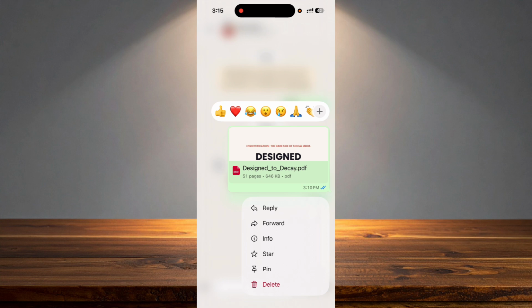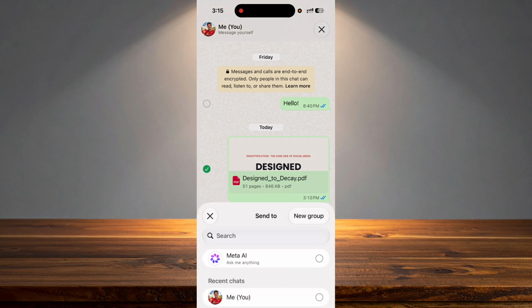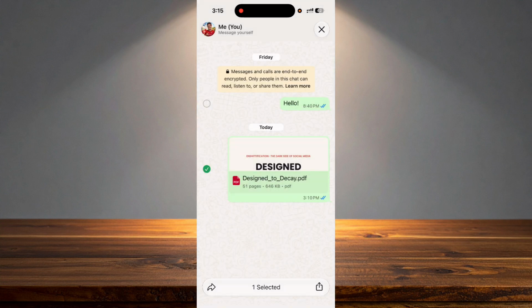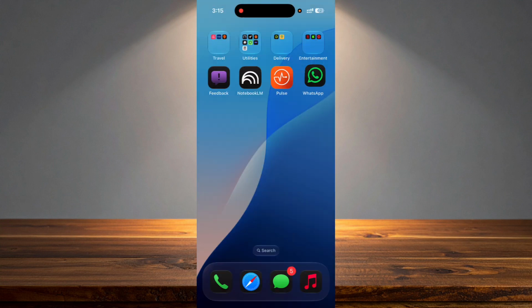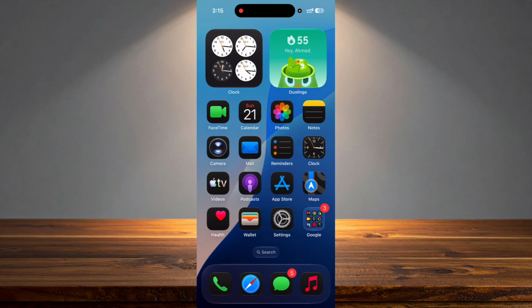To forward it, you have to long press on it. After that, click on forward, and after that click on that forwarding icon, and you have to search for someone in your contacts, or if you have another number with another WhatsApp, you can send it to yourself and send it back to that chat again. And the second solution, or the third solution, is to go to settings,